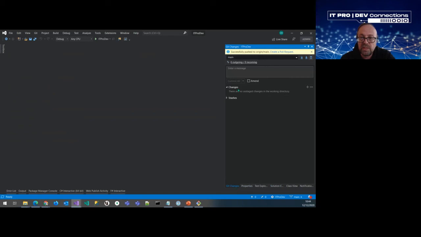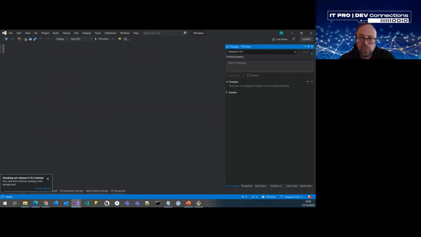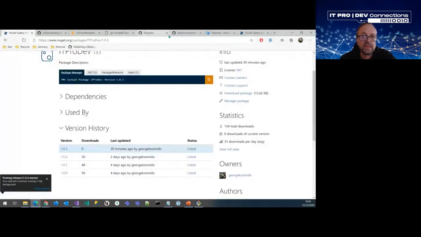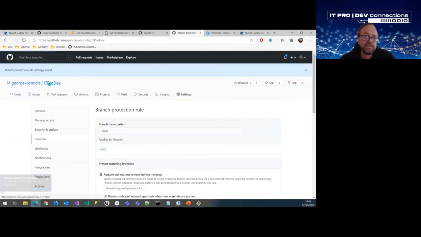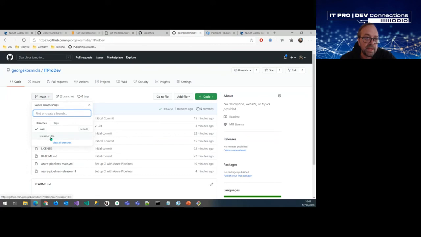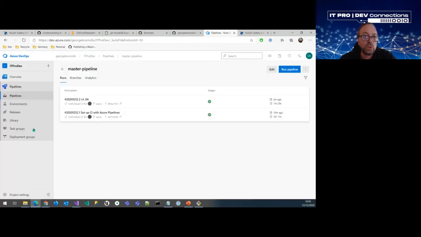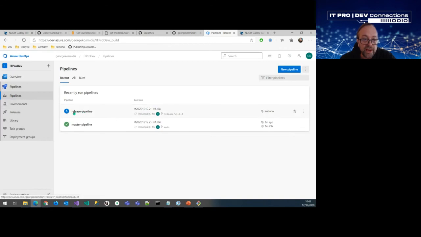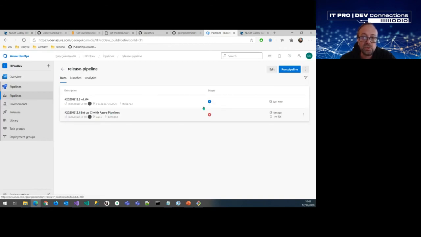So let's go to Git changes, main, and create a branch named release v1.4. New branch created, and then, yep, push it. Now that we did that, let's give it a second. Now, if we go to our branches here, first of all, we see it here. It's done already. And if we go to our pipelines, that should fire the release pipeline, correct? That starts to build everything and